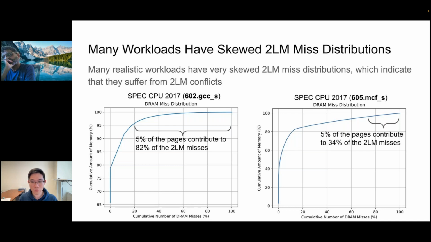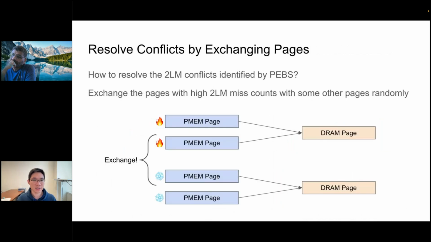So based on this result, we think that because the 2LM misses happen on these few pages, we might be able to resolve this conflict by moving pages around. The intuition is that we can resolve conflict by doing page exchange. For example, if we have two popular PMM pages that are mapped to the same DRAM page,